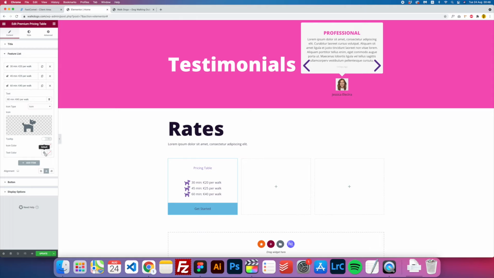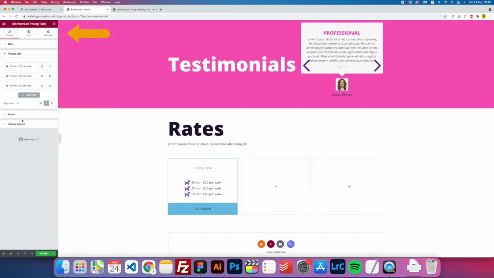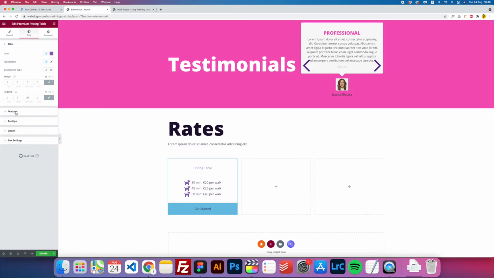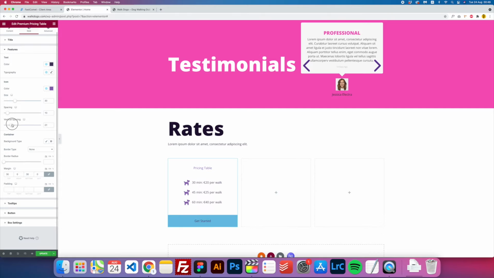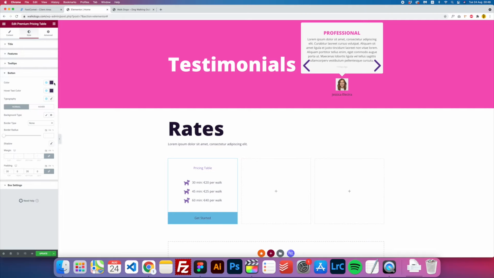And now we have text color. We can change the text color to primary if you want. I will go with secondary maybe, why not? And the same story with the rest. Okay, let's go to the style and go to the features, and we have size and so on. So we can change the size if you want. I will just change the spacing and the vertical spacing to at least 16. That's correct. And let's go to the button, and inside the button let's change the color to white,